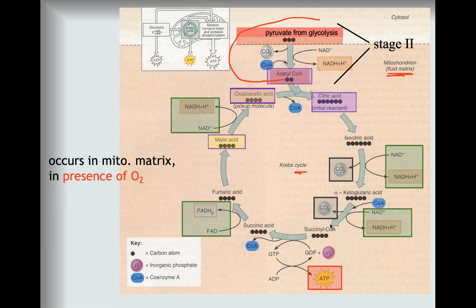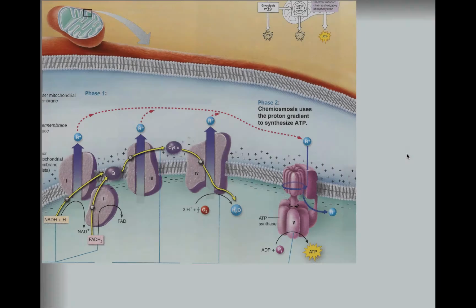It does require O2 for it to continue. Otherwise, we can't continue to reduce the NAD and the FAD. We get 1 acetyl-CoA resulting in 3 NADHs, 2 CO2, 1 FADH2, and 1 ATP. So just remember, 3211. 3211, it's kind of like a phone number. You just have to remember what goes with the 3, the 2, and the 11. So there you go. And here, we move on to